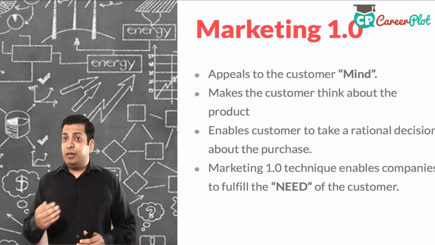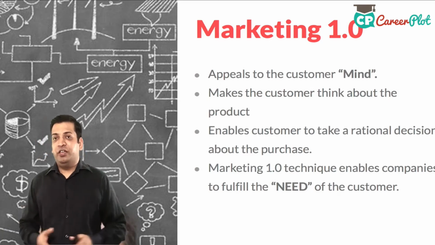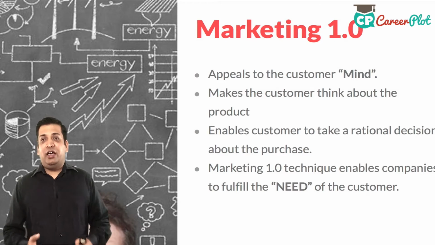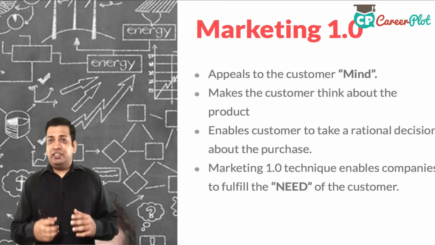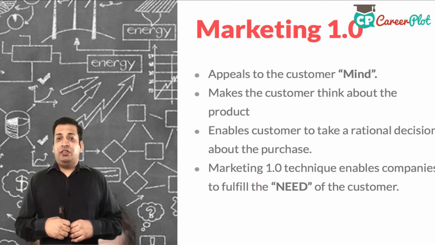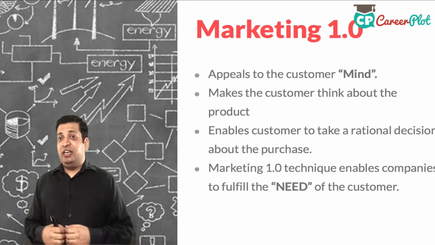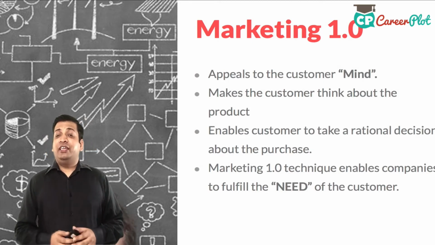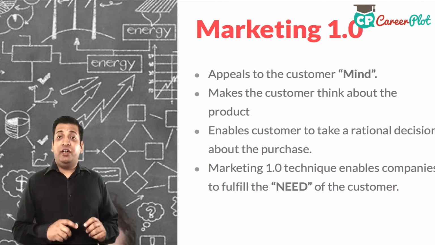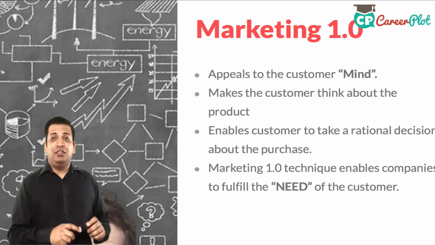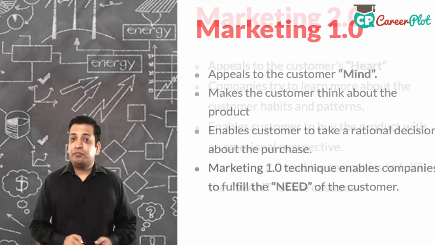The advertisement campaigns are not very aspirational. They're simply saying, "Hey, a very good quality phone with a good camera and good call voice quality," right? Everyone needs to make sure that this cell phone is satisfying my need, my daily habit. That's why marketing 1.0 is always appealing to the customer's mind, so that they can take a very informed, very rational and very useful decision out of it.